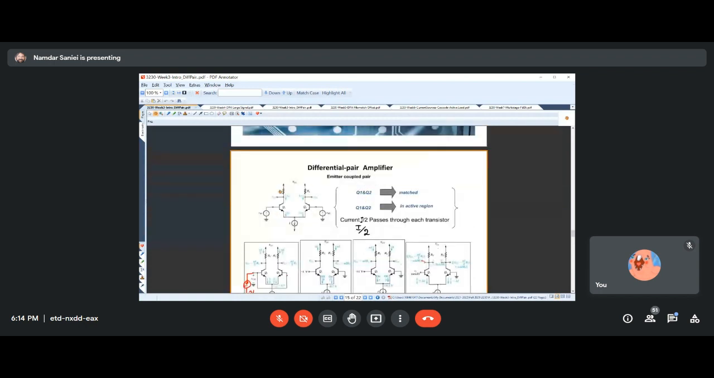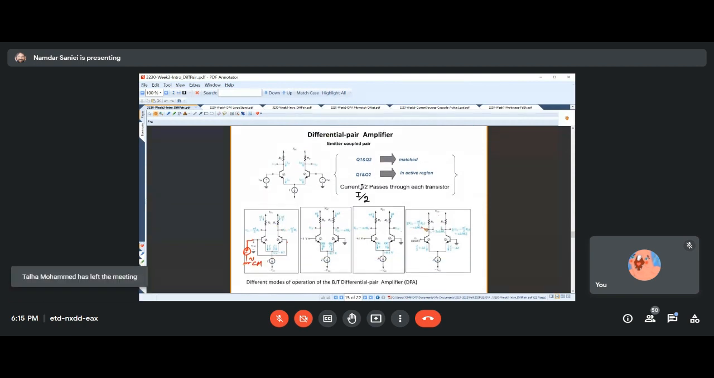So we started by introducing the normal or basic differential pair amplifier, and the condition that we had for the ideal situation, that is all the components from the two sides of this circuit match each other, and both transistors are operating in the active mode. And then we showed a number of ways that we can use them,